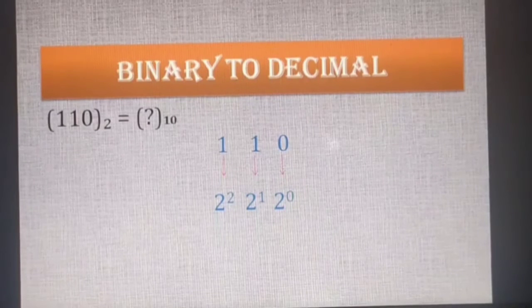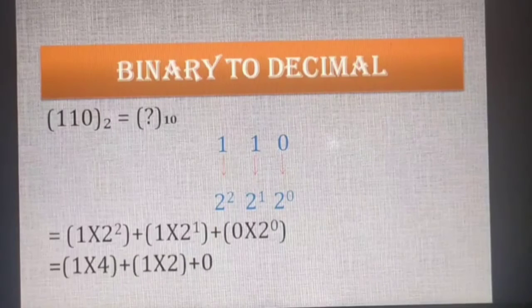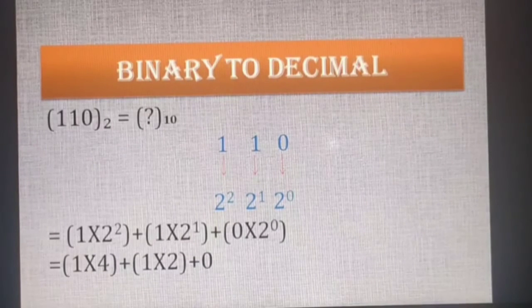I will show you. First, 2 raised to 0 into 0. Then 2 raised to 1 into 1, plus 2 raised to 2 into 1. Okay, now let's move to the next step. 1 into 2 raised to 2 means 1 into 4. 2 raised to 2 means 4, plus 1 into 2, which is 2 raised to 1, equal to 2, plus 0.